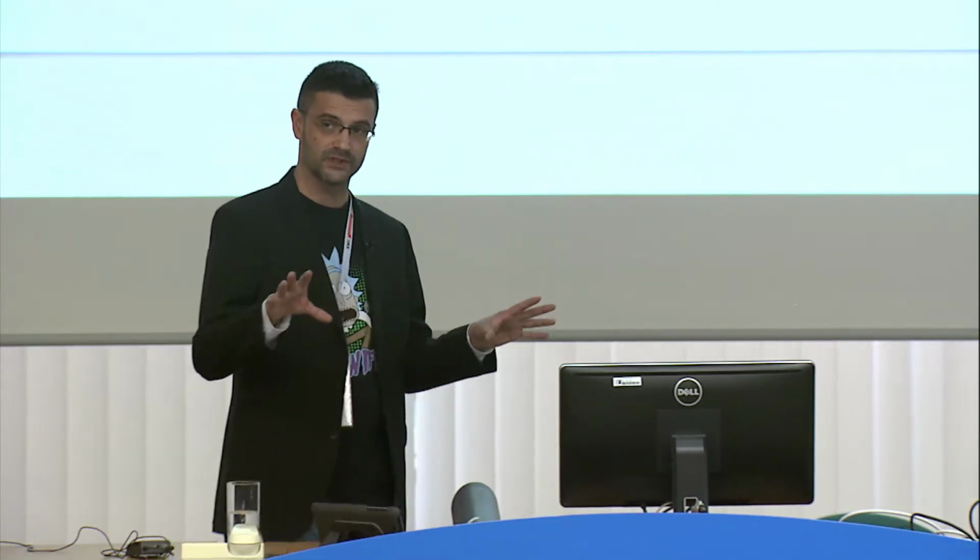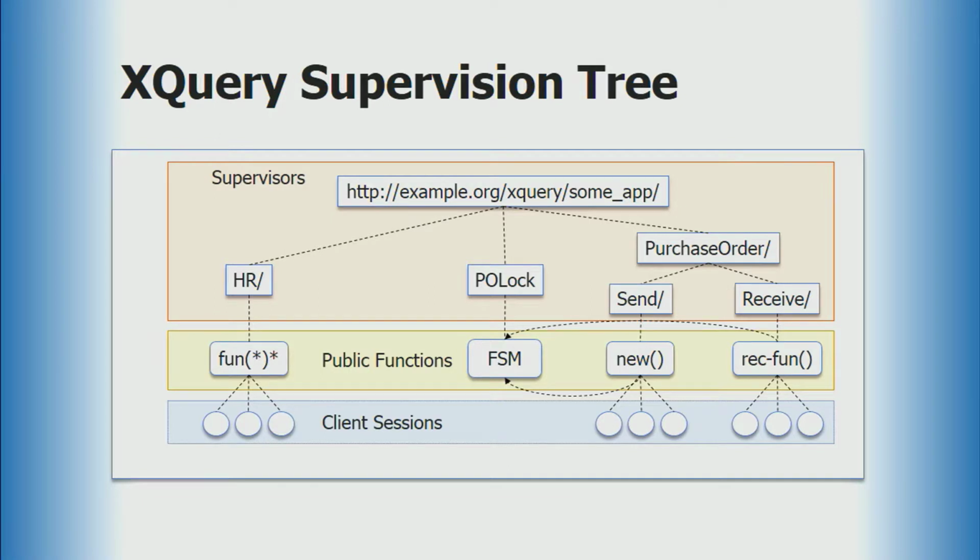So this would be that supervision tree that I showed, what it would be for an XQuery application. This is all in the future. It doesn't quite do this yet, but these are the next things. So you have your namespace that cuts off at some place, but that's a supervisor watching everything under it. So say you've got your XQueries separated out. And just based on the namespace URI, you've got your supervisor watching a certain query and then starting servers every time it's called.